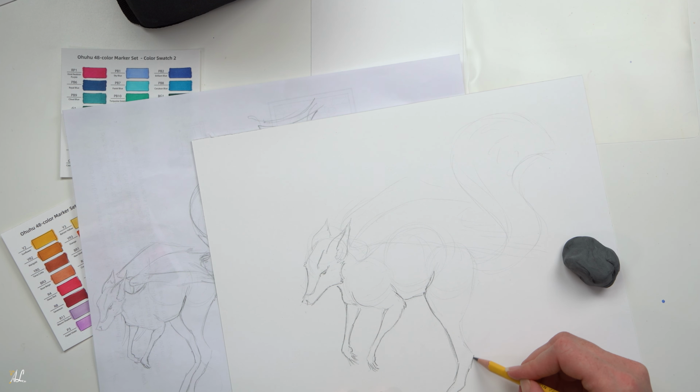And I think I'll go with marigold. So I want kind of these orangey colors for parts of the body and the tail. I'm going to use black, of course, for the eyes and the nose. I'll leave some areas white, so I am going to use the grays, because I'm also going to do the